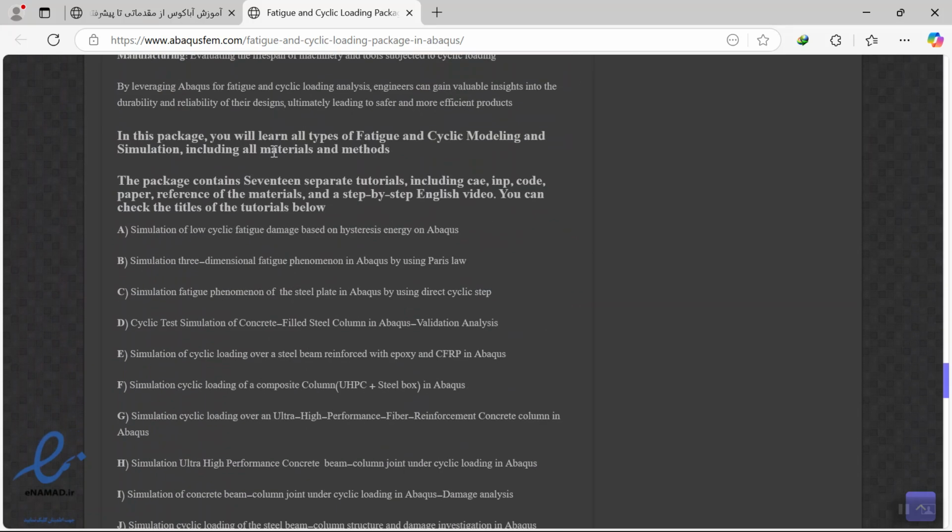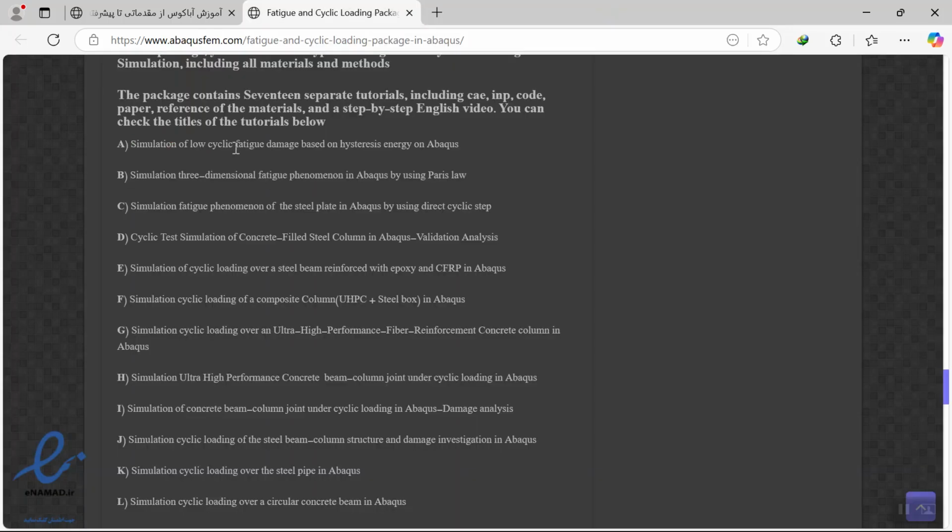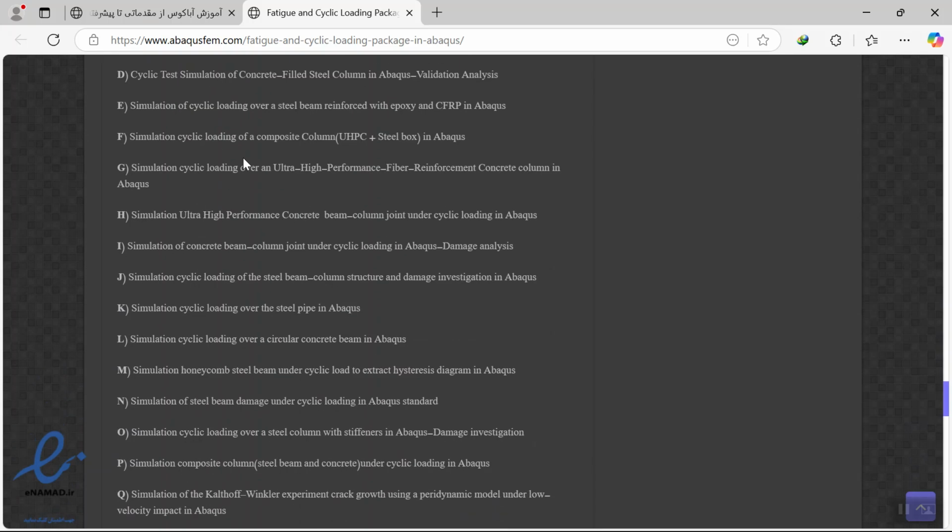And at the end here, the package contains 17 models, 17 tutorials, and you can see here the title of the models in the package, and the tutorials. You can read all of this, and you can find every one of these tutorials separately on the website if you